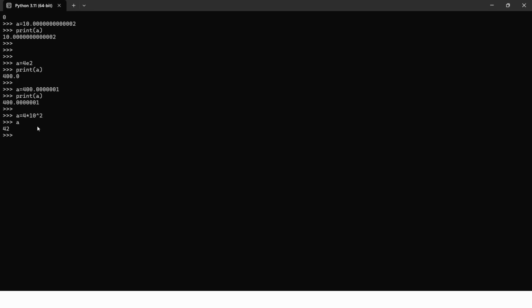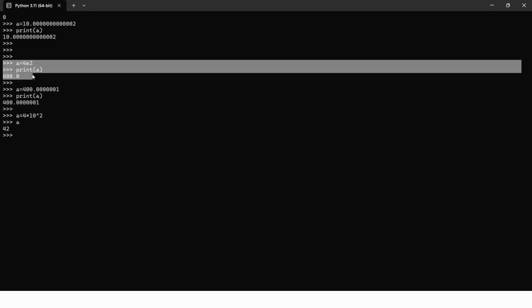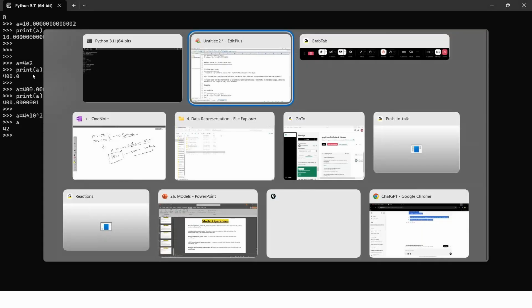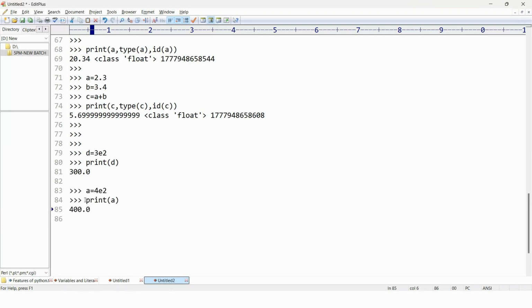You can copy this one. Basically it takes the power value.